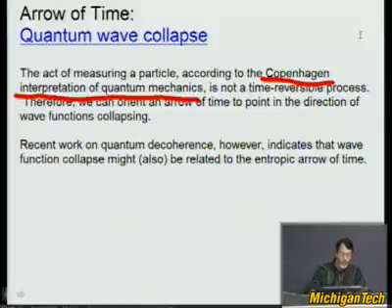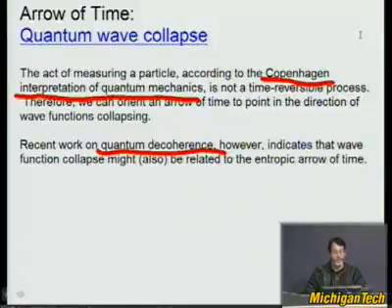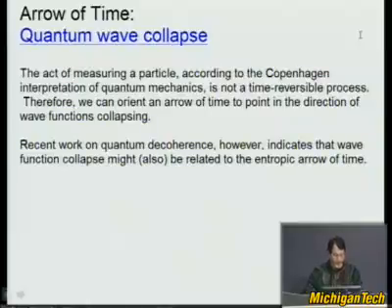However, there's been a lot of work on quantum decoherence recently, and some people are beginning to think that quantum decoherence, which is sharing energy with the outside universe, or letting the outside information seep in, is essentially entropic. It's really possibly no different than the entropic arrow. This is something that people are investigating right now. It could be that we really only have one arrow of time, and that's entropic. All of these might have been tied into entropy.